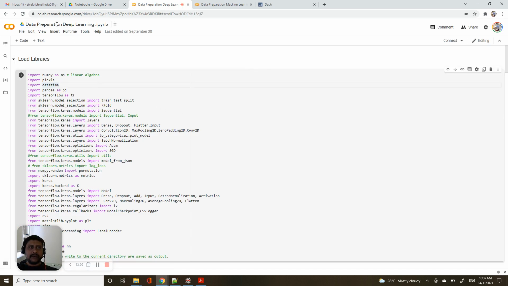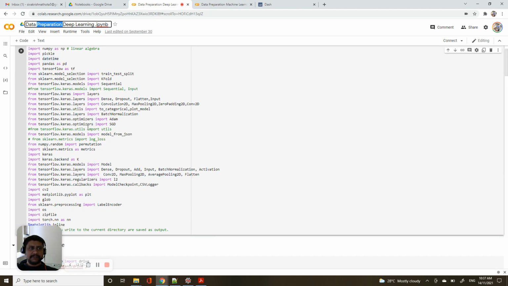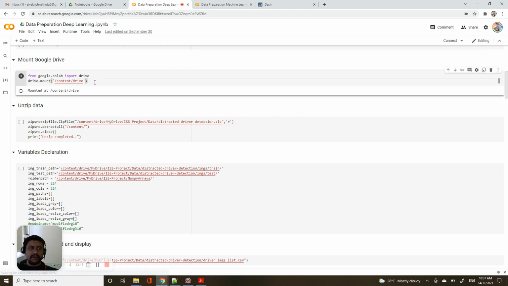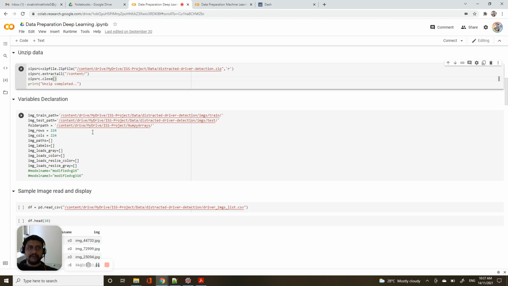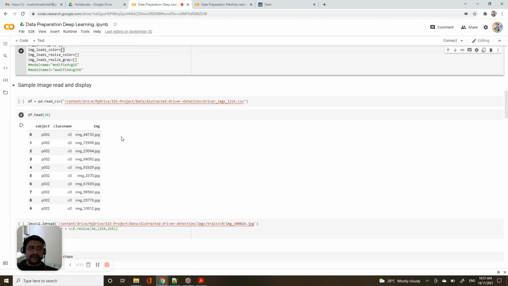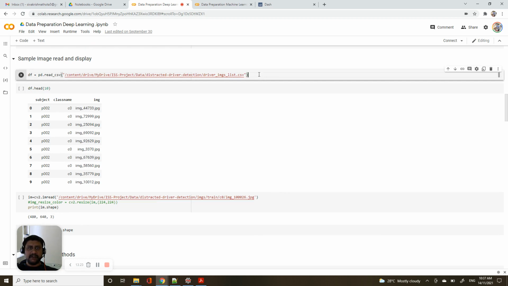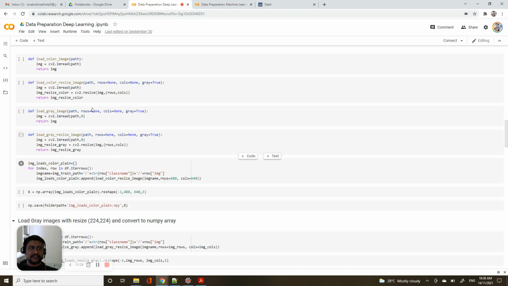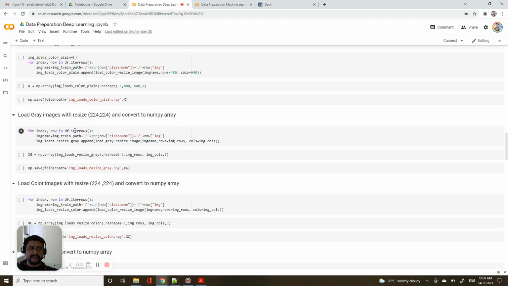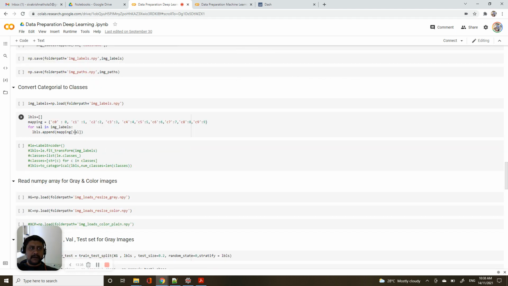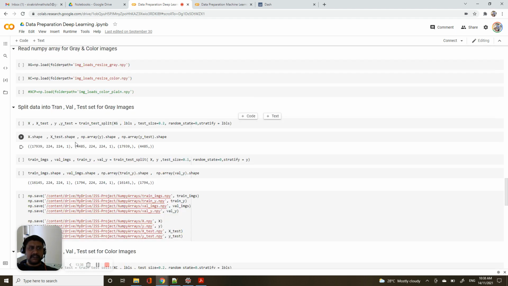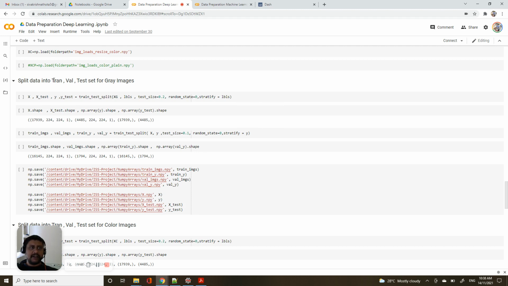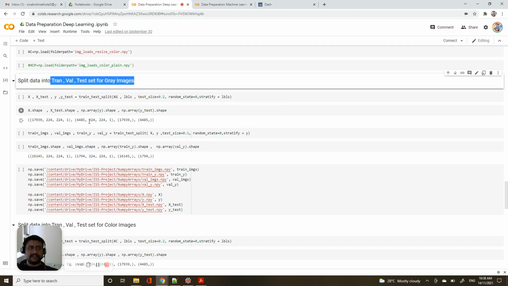Coming to data preparation for deep learning: load libraries, mount the Google Drive, unzip the data, declare variables, and read the CSV file, because the CSV file contains all the training image names. Then some useful methods for loading color and gray images, converting into categorical classes, and splitting, as I mentioned, 80/20 and 90/10 percent. I split the data into train, val, and test sets for gray images.